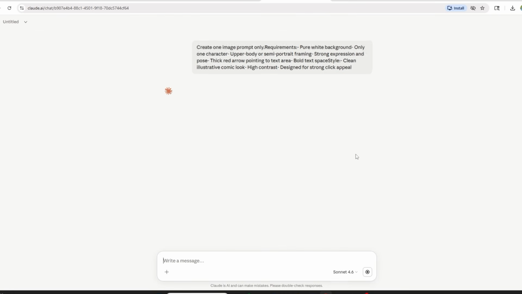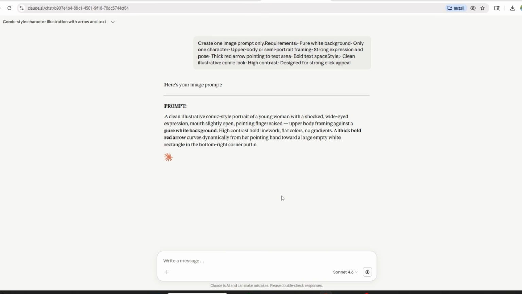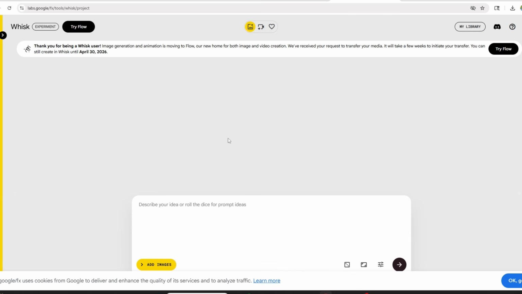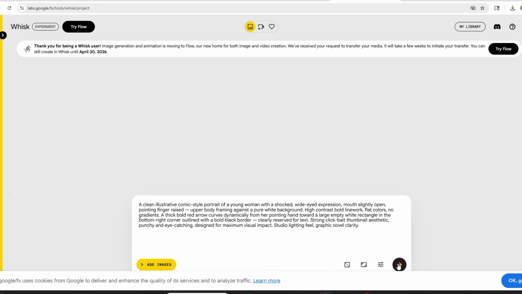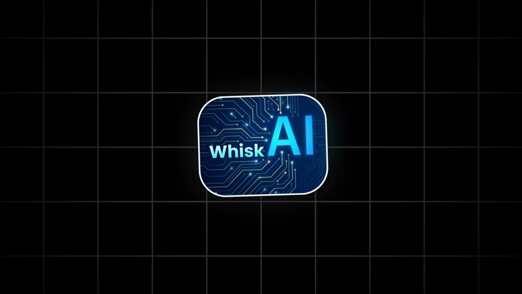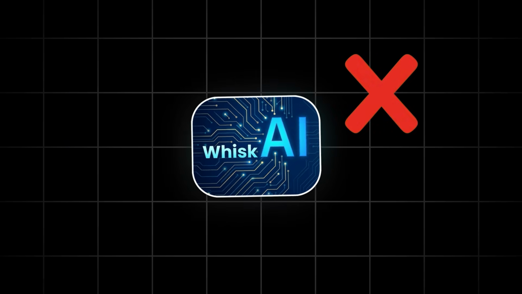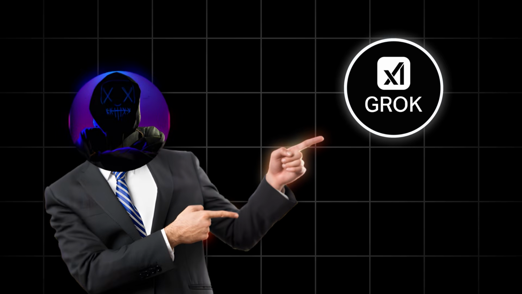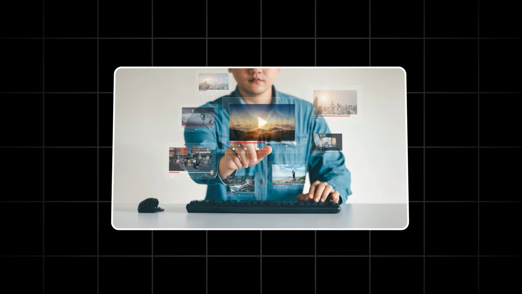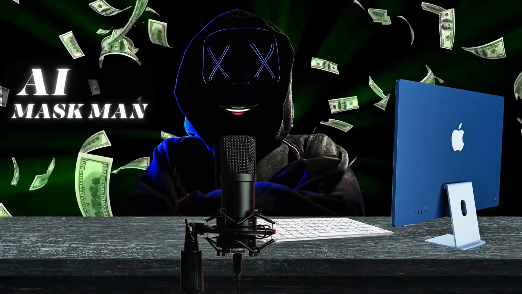Paste it into Claude and add your specific topic. Claude will generate an image prompt you can use in your image generator. For list-style thumbnails, Whisk works well. The images tend to be clean and straightforward. And for POV story thumbnails, the prompts can sometimes be more intense. Whisk may flag certain images due to content moderation. If that happens, switch to Grok AI or Nano Banana Pro. Both handle those prompts without issue and can produce sharp, eye-catching thumbnails. Once you have your thumbnail image, you're done. Your first video in this niche is complete.